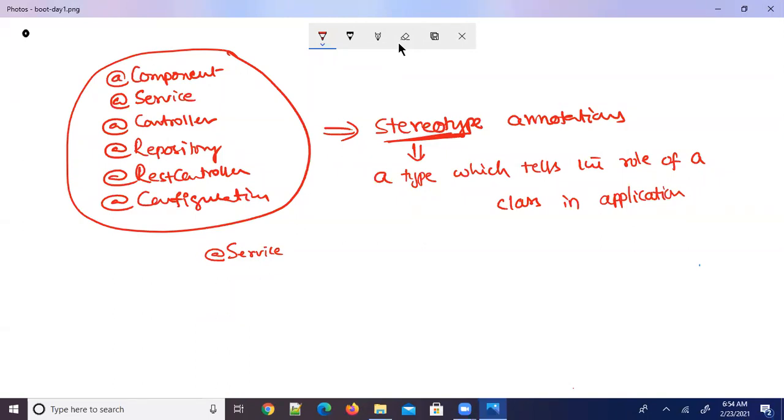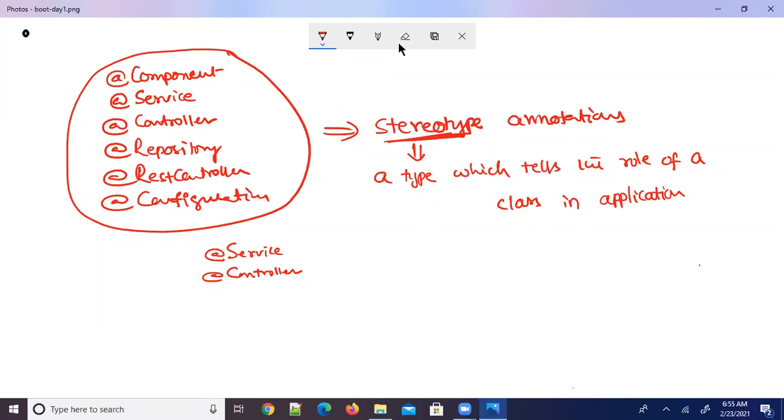And the classes which have the @Controller annotation are going to become the classes in the presentation layer, controller classes.